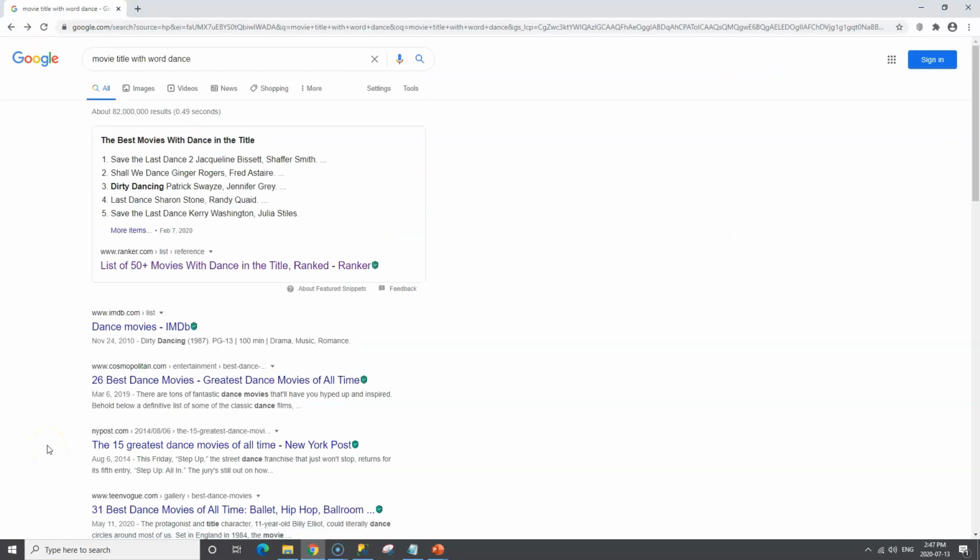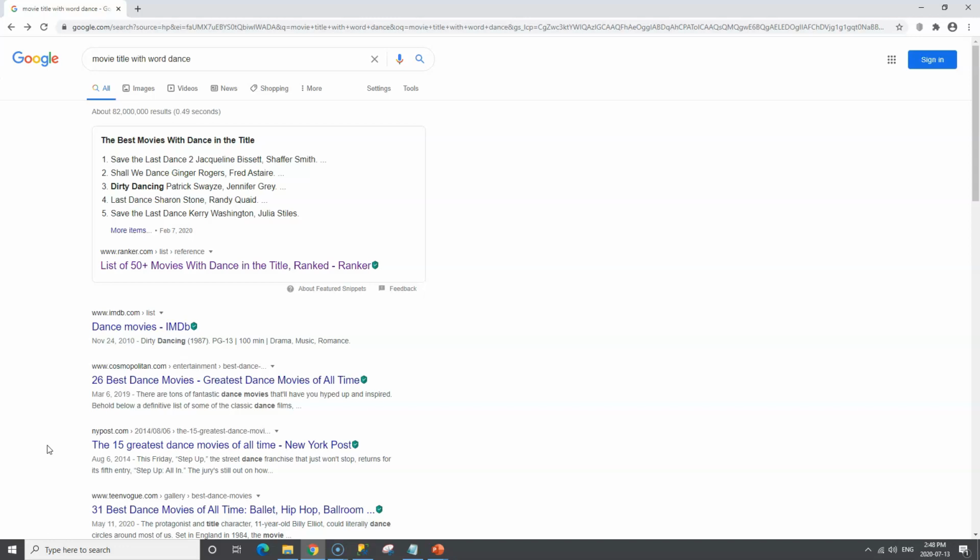Now we all know Google as a search engine where we retrieve data or information. If we reflect back to the definition of a database, which is a collection of data, or better still, a container where data is stored, we can see that at its core, Google is a database that contains lots of data and information. Now, when you enter your request, just as I did there, a movie with the word dance,